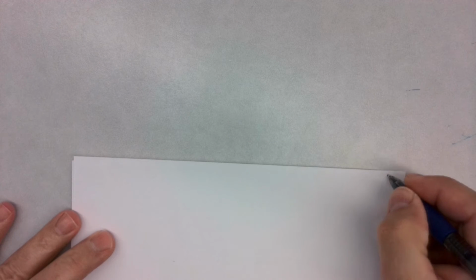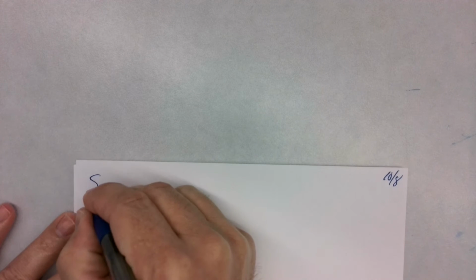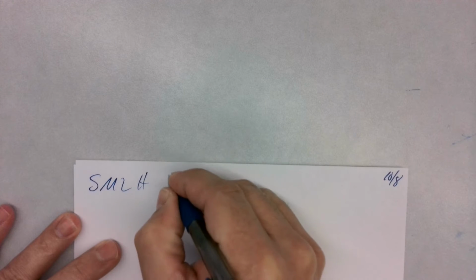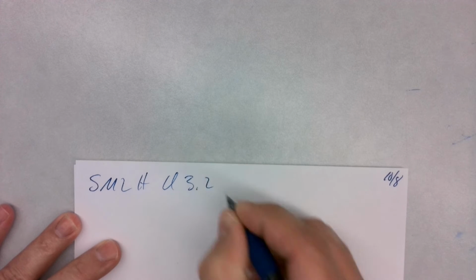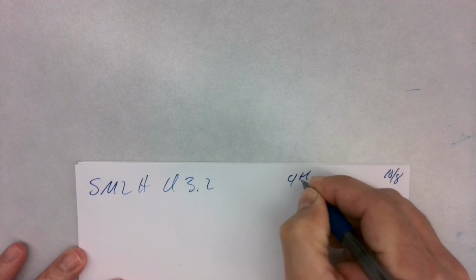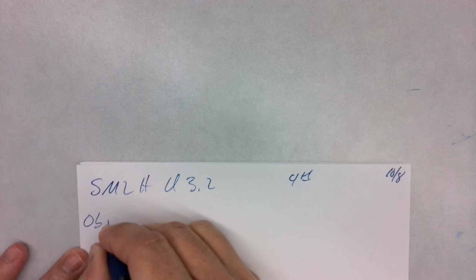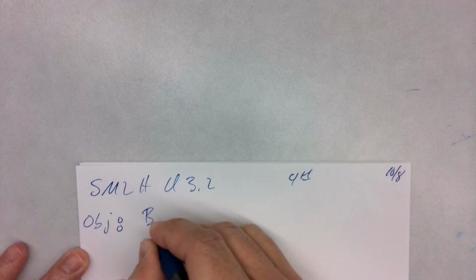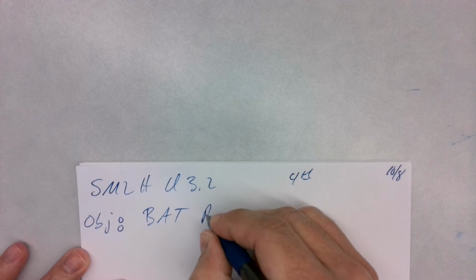So, 3.2. So it is still 10-8. And this is SM2H, Unit 3.2. This is fourth period, and our objective is going to be able to